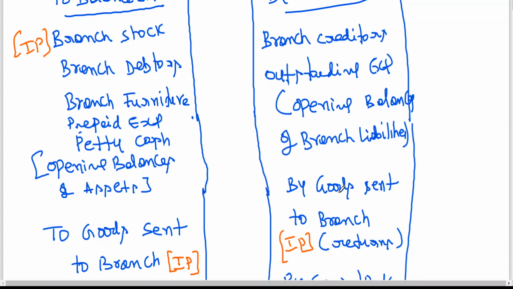Goods sent to branch account debtor to purchases, brackets, for trading concerns, or to trading account. That means you can credit either purchases or trading account. In case of manufacturing concerns,